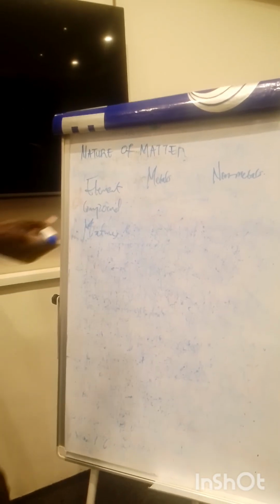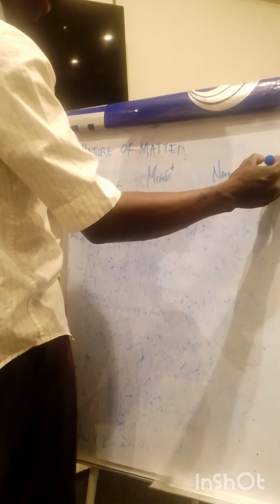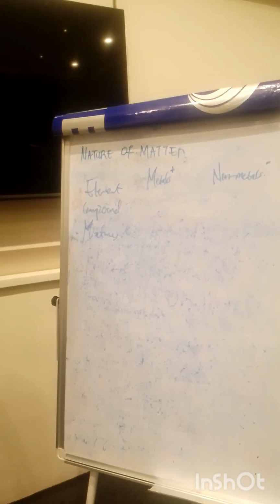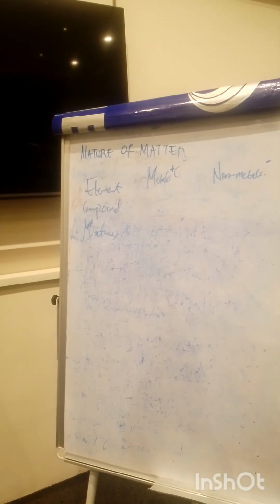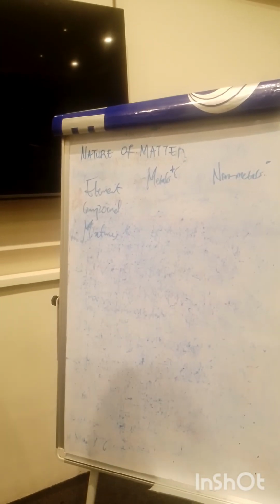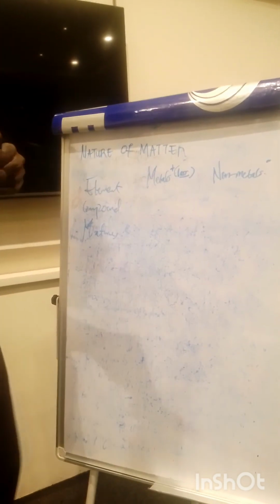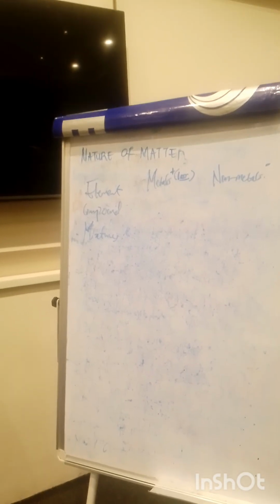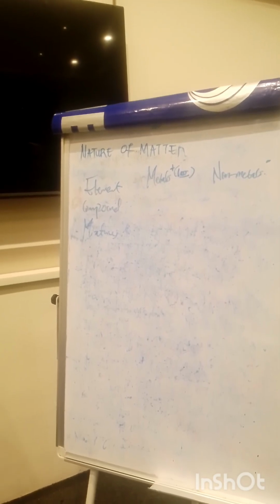Metals are the ones that carry plus, and your non-metals are those that carry minus. Since metal is carrying plus, we will not say it's gaining, because in English plus means somebody is gaining, but in chemistry the reverse is the case. Here we will say the metal is losing electrons. So the process by which an element is losing electrons is telling you that the element is a metal.